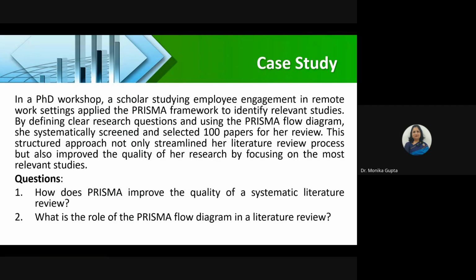What is the role of the PRISMA flow diagram in a literature review? It visually summarizes the screening process. What it focuses on basically. Mention two words important for this PRISMA: I and E. And need to record the screening data at different stages of the literature search process. How? I and Systematic E. I for